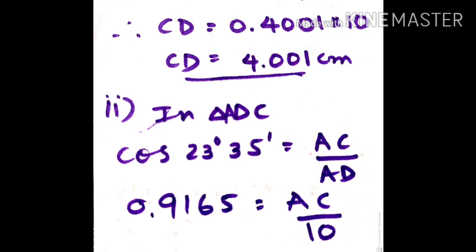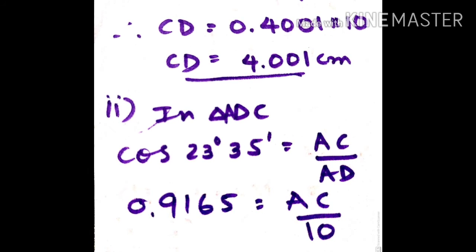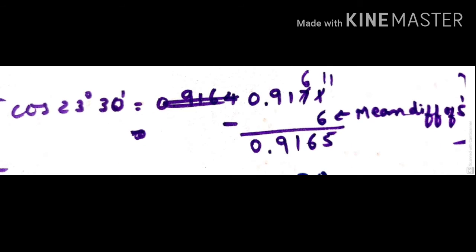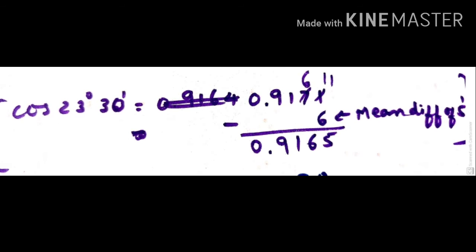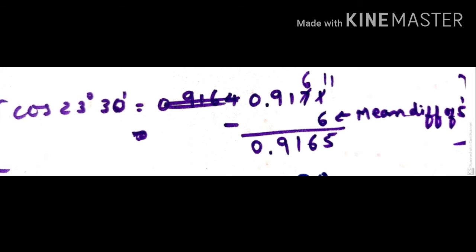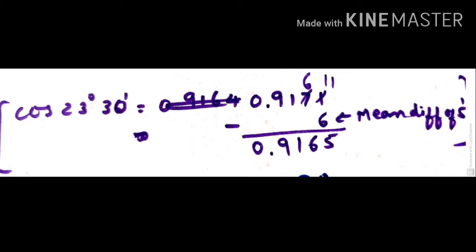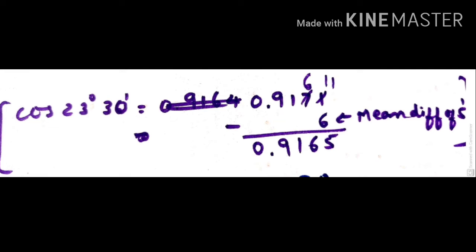Now we will see in the next slide how we found this value of cos 23 degree and 35 minute. So next, cos 23 degree and 30 minute from the natural cosine table. In the 23 degree and 30 minute column, you will see 0.9171, up to 4 places after rounding off. Okay, now we need the mean difference of 5 because we need 35 minutes. So in the mean difference column for 5 minutes, you will check that it is 6.